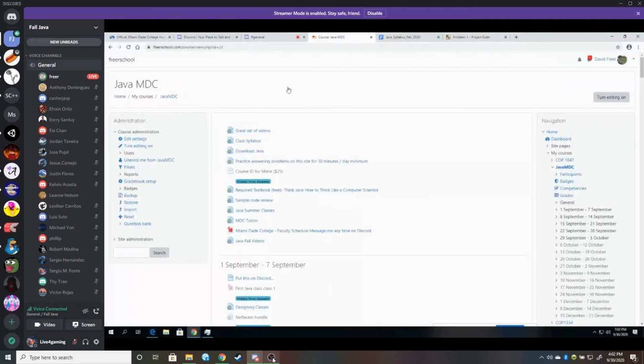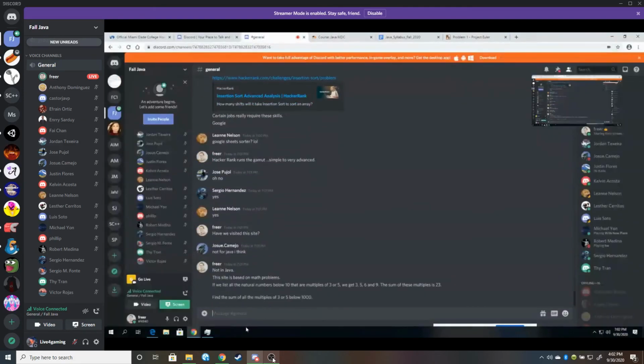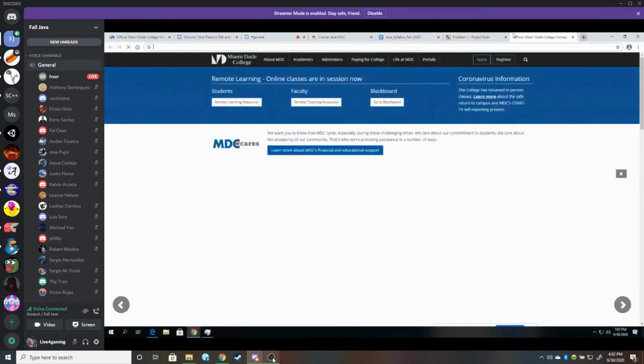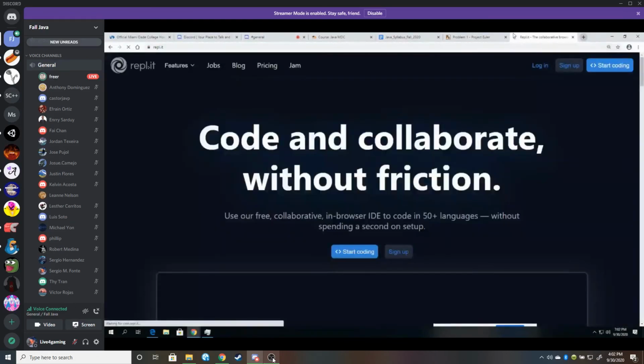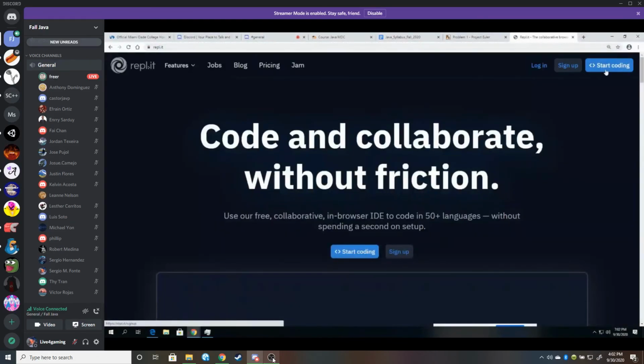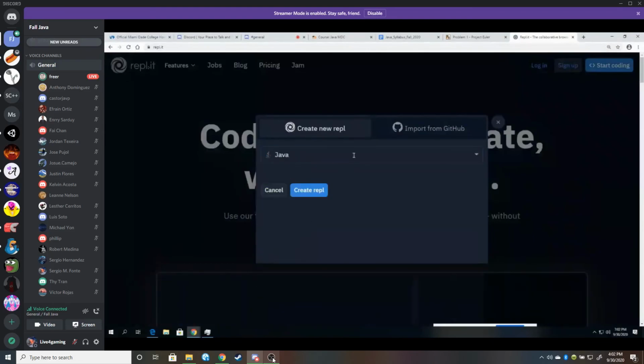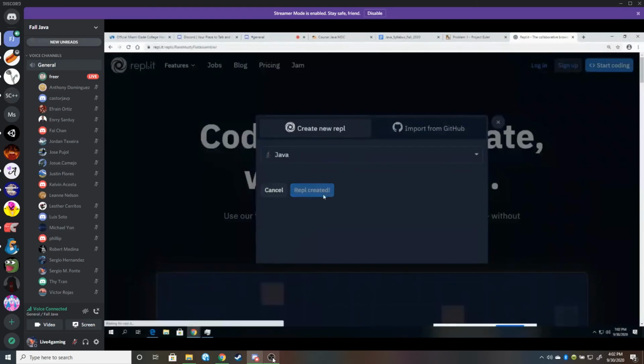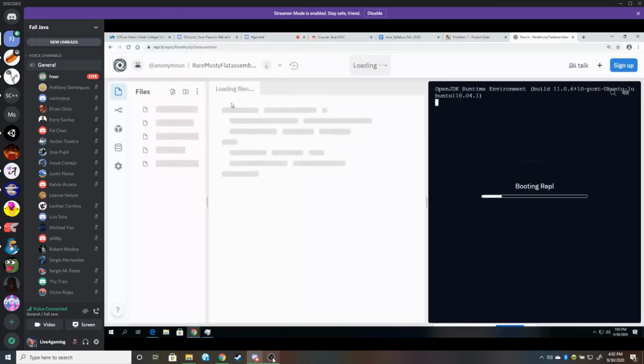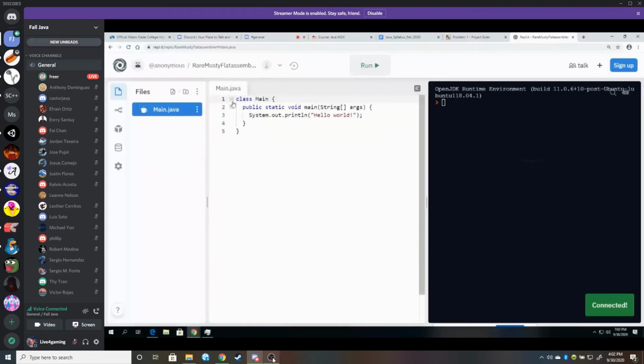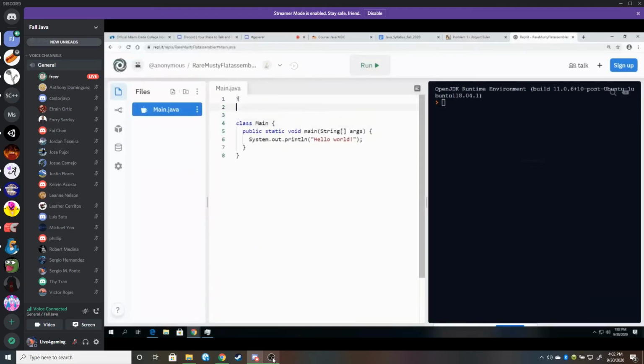So let's look at the first problem. Let's solve this in a REPL. So let's all go to Replit. And I'll just make a new REPL. And here we go.